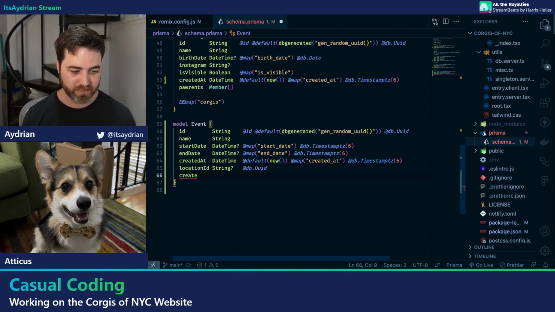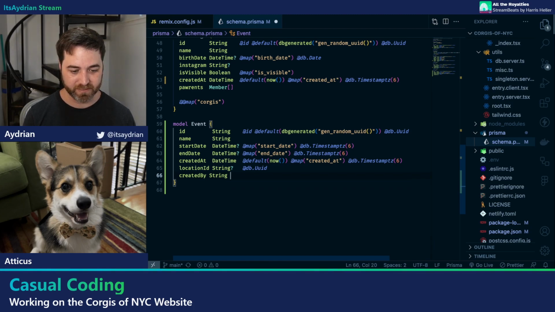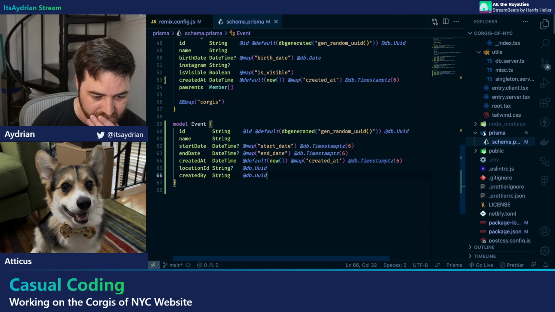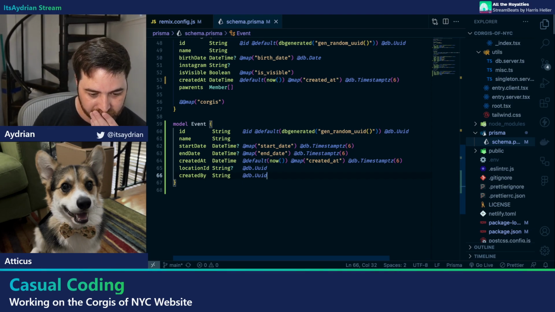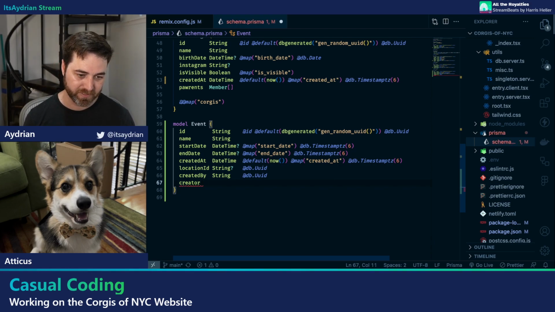So created by, and we're just going to keep track of the user who created it. Created by is going to be a DB UUID. I haven't put any of the relations in yet, but I can go ahead and put in this one. So the creator is going to be a member,